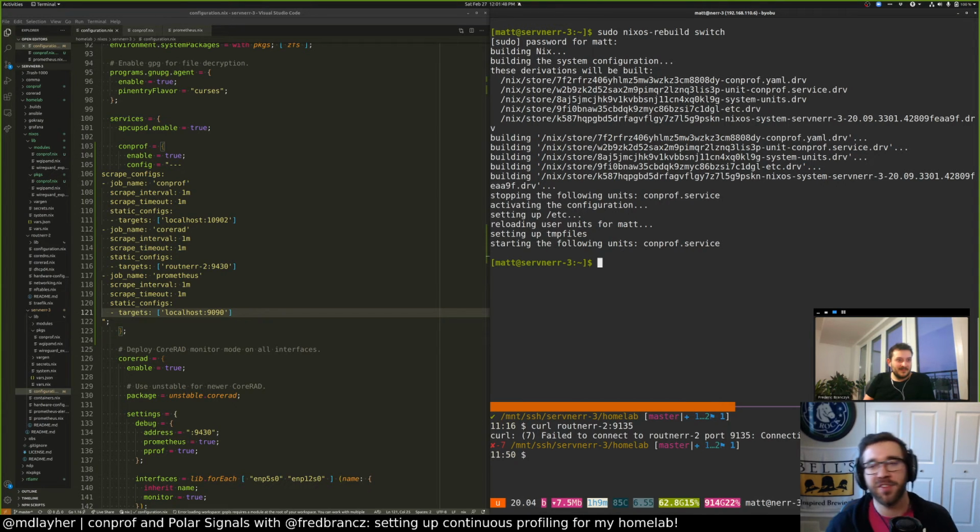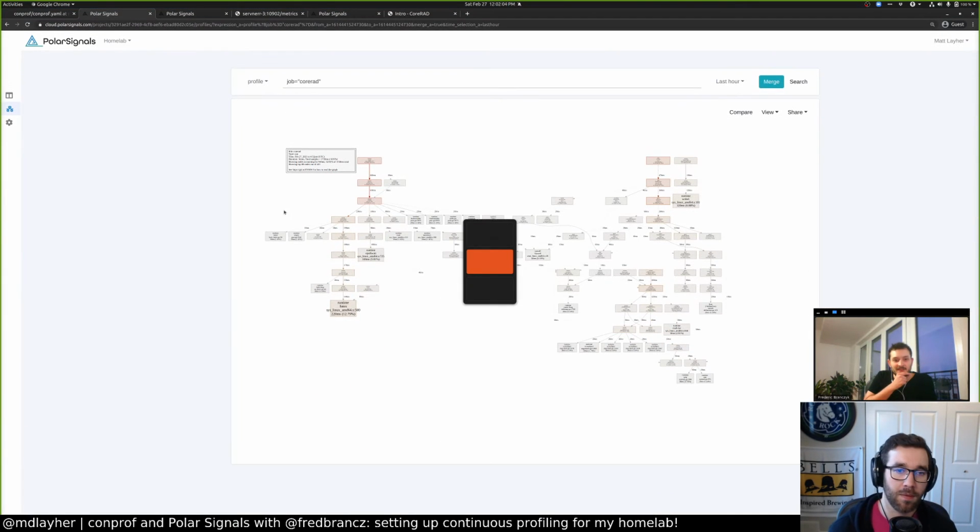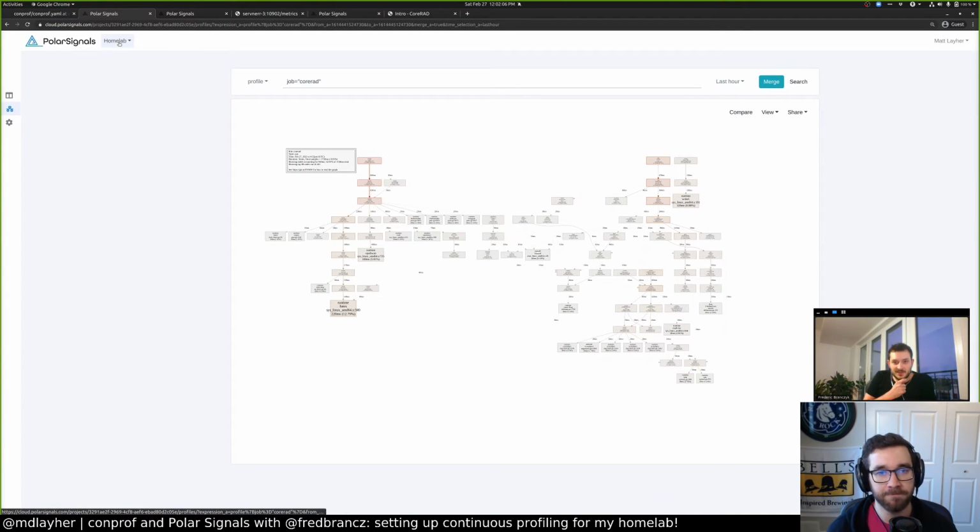Okay. So now we should have a scrape target for Prometheus. So we probably have to wait for it to populate as well. Looks like we've got another question for you. Are you able to show diffs between two different runs, e.g., two different versions of the same product, and visualize the improvements? Yeah, absolutely. If you go back to Polar Signals, you can see here, for example,